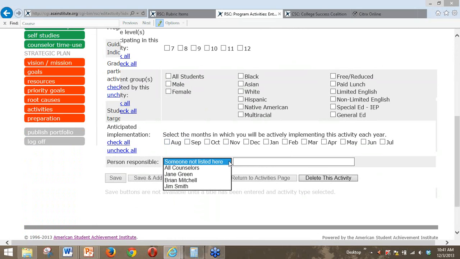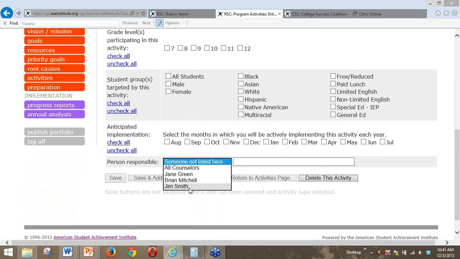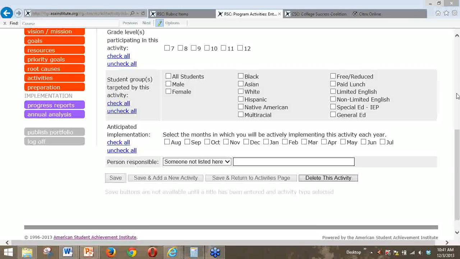So if I do this drop-down arrow, you're going to end up with the names of your steering team members, but it may not be your steering team members that's going to implement the activity. It may be Jane Doe at the public library. So you can just enter Jane Doe, or if you want to remind yourself that she's outside your school, you can just put that kind of descriptor after her name. Okay, also notice that once you get the activities in, if you decide to delete an activity, you have a delete button here that you can use to get rid of an activity as well. Okay, so let's go back.